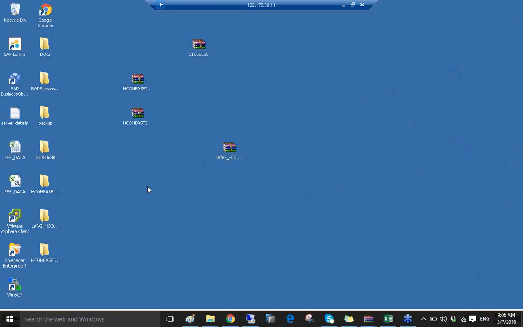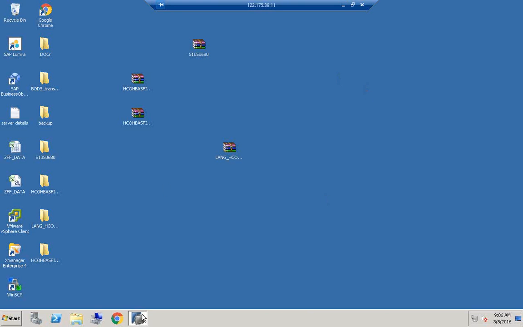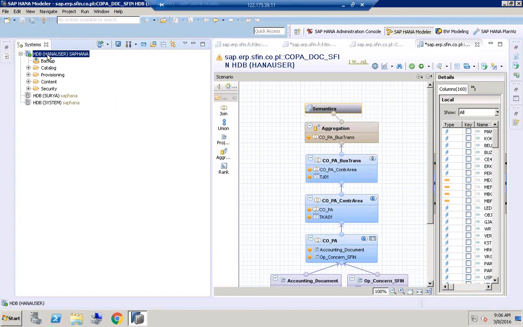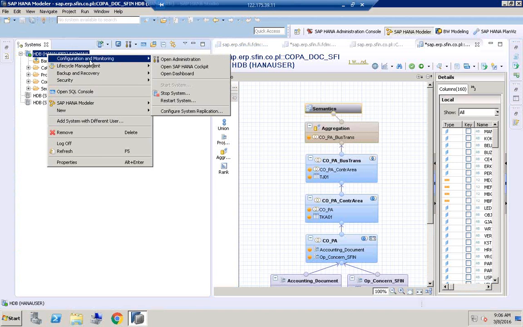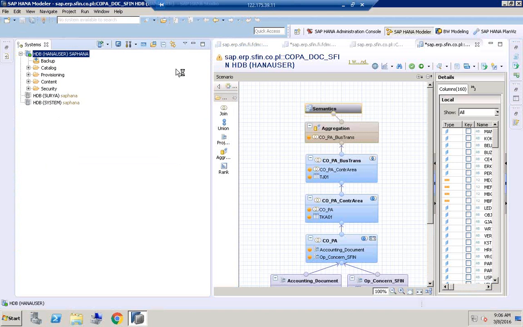Again, there is one more question that has come. Is there an STMS kind of tool to import the delivery unit from development to test environment? Yes, we have. In HANA, we have a transport management tool. Using this tool, we can transport, and right click on the instance. Here we have something called open cockpit. When you open the cockpit,